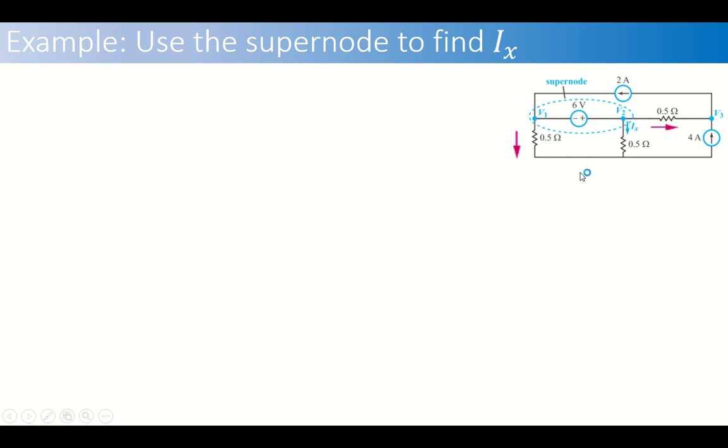And one more thing, you can identify that there are three non-reference nodes. Let's suppose that the voltage here is V1, here the voltage is V2, and here the voltage is V3. This means that we have to construct three linear equations to solve for V1, V2, and V3. Since the 6-volt battery is connected between two non-reference points and there's no resistance connected here, it means that V1 and V2 will form a super node. We cannot apply KCL at the V1 point and V2 point, but we can apply KCL at the V3 point. So let's proceed.